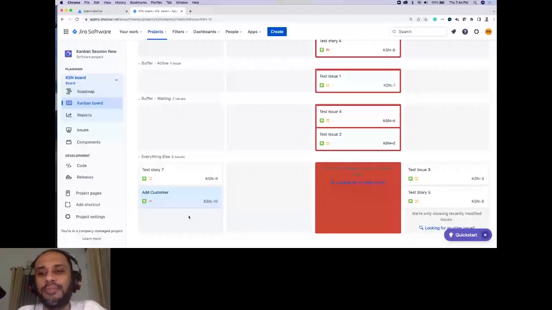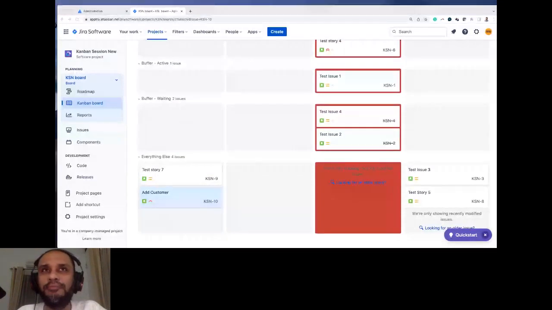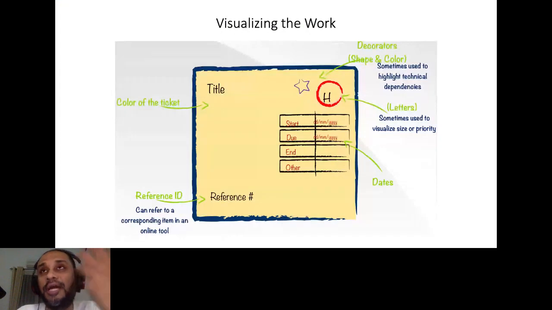Now I said that in Kanban you can actually color code also, right? You can use different colored sticky notes, for example. If you're using sticky notes to track your work, you can use green color for user stories. You can use red color for your bugs, maybe use orange color for maintenance work, right? So if you're doing it on a physical Kanban board, you can use all these things using sticky notes. What are the options that we have in Jira?